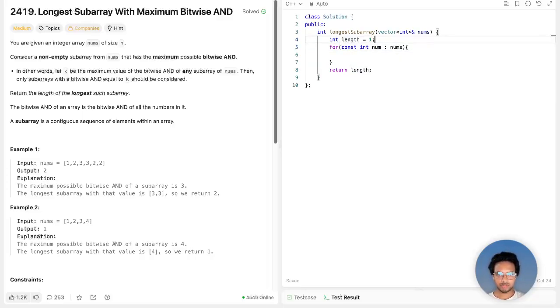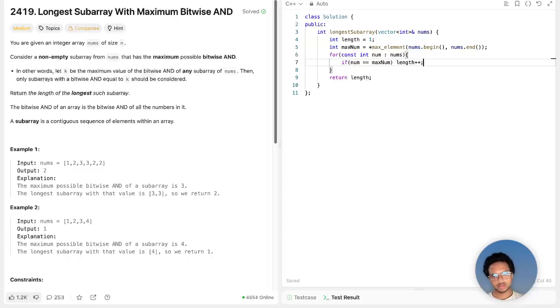At first I have to find the max number, so int maxNum equals the max element of nums. Then I'll say if num is equal to maxNum, then